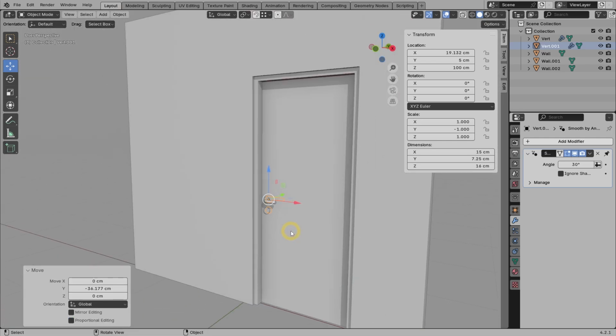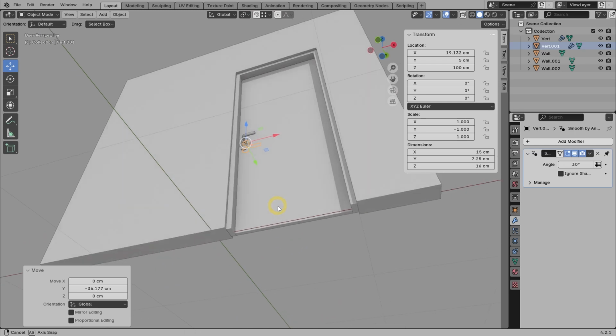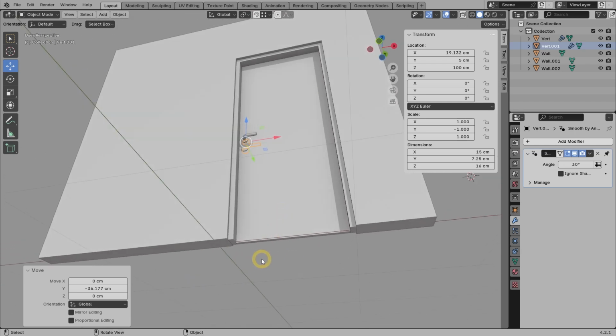Usually, after the model is done, I set the UV and then the material and or the texture. If no animation is required, I just merge everything into a single object, and then I save the model as an asset. This way, I can reuse it easily in the future just by click dragging it from the asset browser.